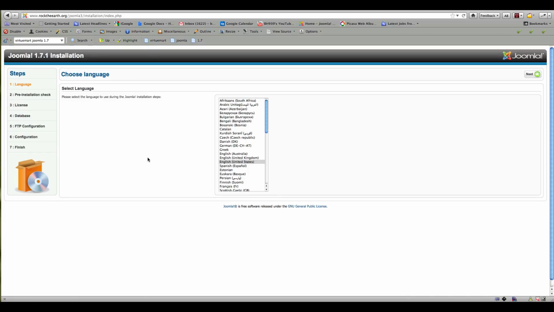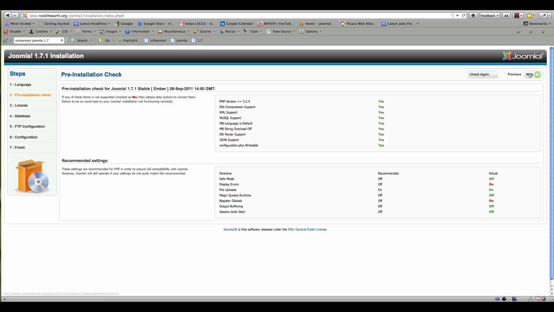And one of the other things I find personally just slightly annoying, though it makes sense for the rest of the world, is when Joomla does the install through Fantastico, it seems to always use the UK English, so you've got a little bit of odd spelling. Now when I click next,